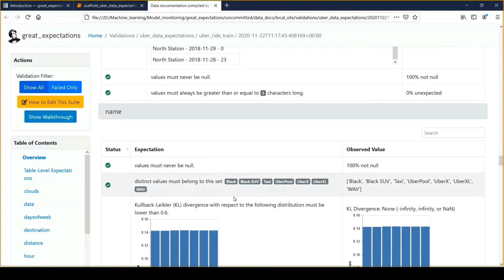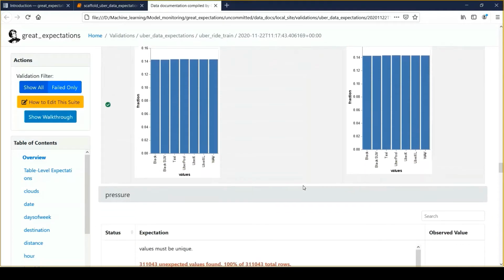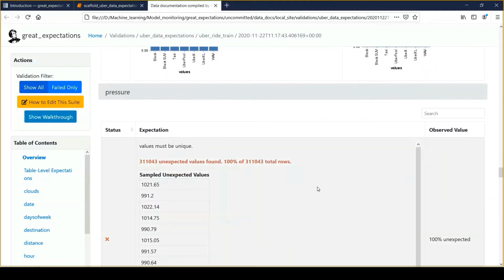And if you find that a new set of data is coming, that means something has changed or Uber has added a new service in their product, and probably we need to incorporate those additions within my training data pipeline. So these sort of validations we need to capture as a part of my drift check process.